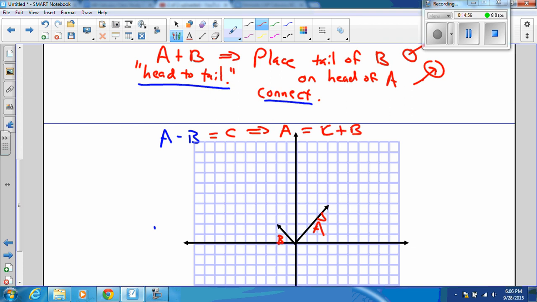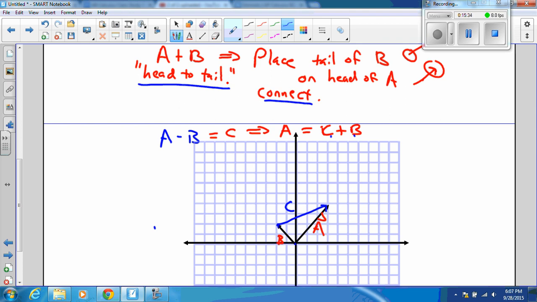What we're trying to do with subtraction is to create a new vector C so that when I add B onto C, I get A back. That's really what subtraction is all about. And so I want to draw my C so that when I place C head to tail with B, I get A. And actually, with my vectors in this arrangement here, with their tails touching, I can see just how to do that. Let me draw a new vector C